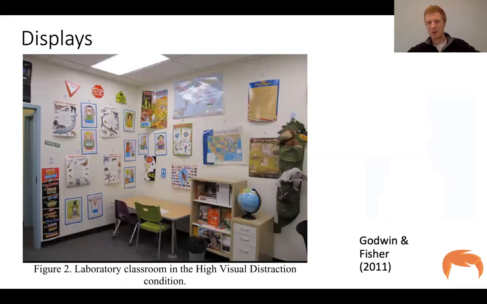Displays is the next thing to examine. This is always a perennial source of debate about how useful or harmful or otherwise displays are. It's worth bearing in mind that in my research, displays were consistently the lowest reported distraction source. So about 3% in the graph that I showed you, and that was similar in other samples that I took in different environments. But 3% is still going to add up to quite a lot of learning time over the course of